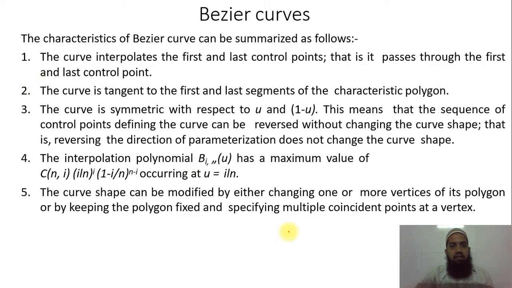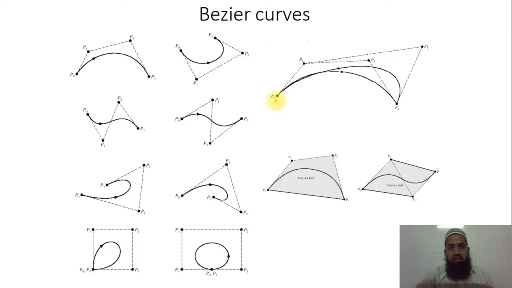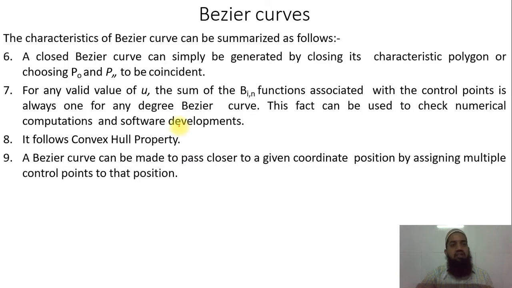The first characteristic of the Bezier curves is that a Bezier curve always passes through the first and last control points. For example, I have P0, P1, P2 and P3. These are four control points. It has to pass through the first and last control points. It is not required to pass through all the control points because it is an approximation curve, but it has to pass through the first and last control points. It is compulsory, or necessary.